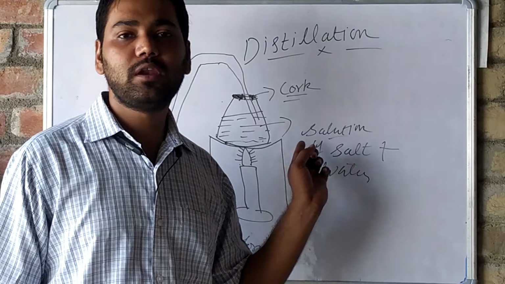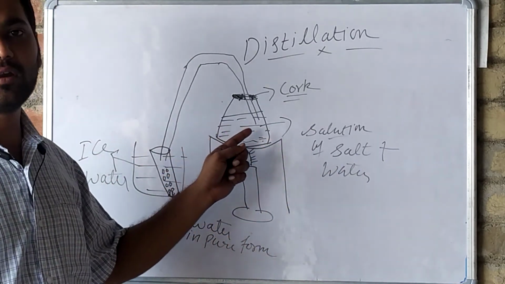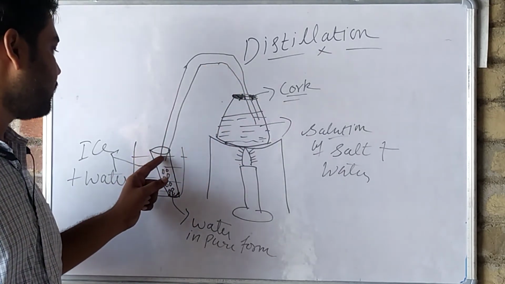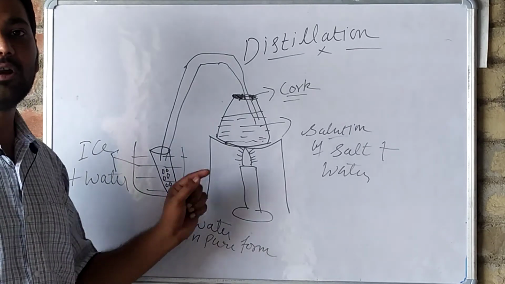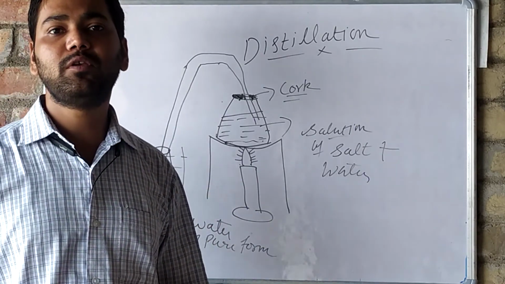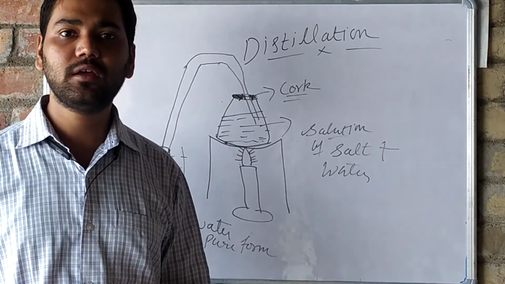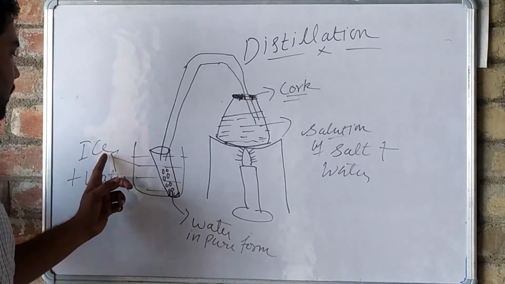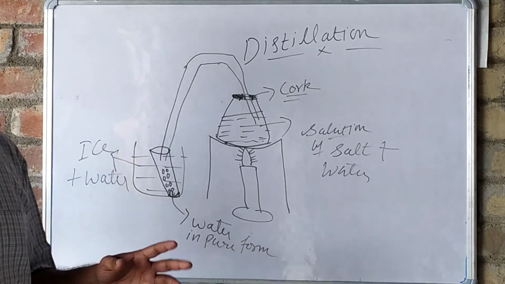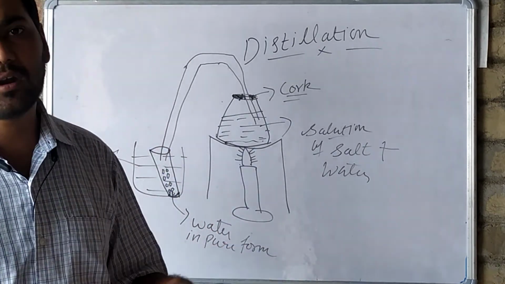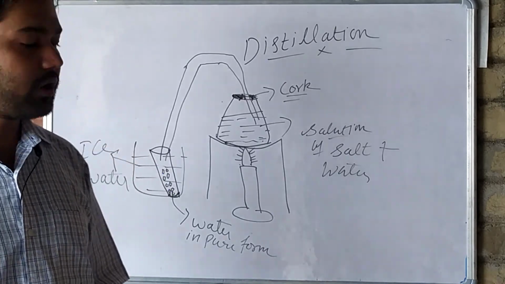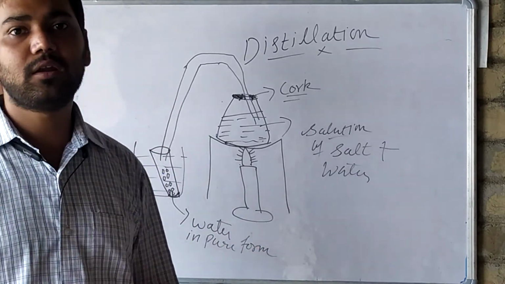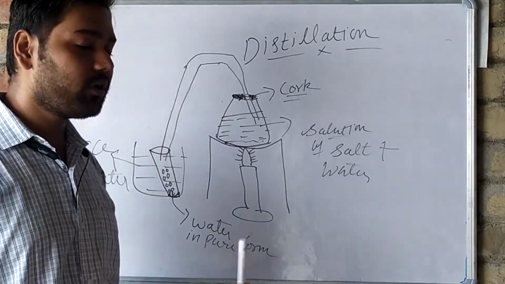What happens when we heat it up? The liquid will start evaporating, and the vapor will flow from this tube to the test tube, where we will have ice and water. Vapor contains a very large amount of heat, which is why it turns to vapor from liquid. When it comes to this test tube in the presence of ice and water, it leaves its heat and turns from vapor back to liquid. By this we collect liquid in its pure form.